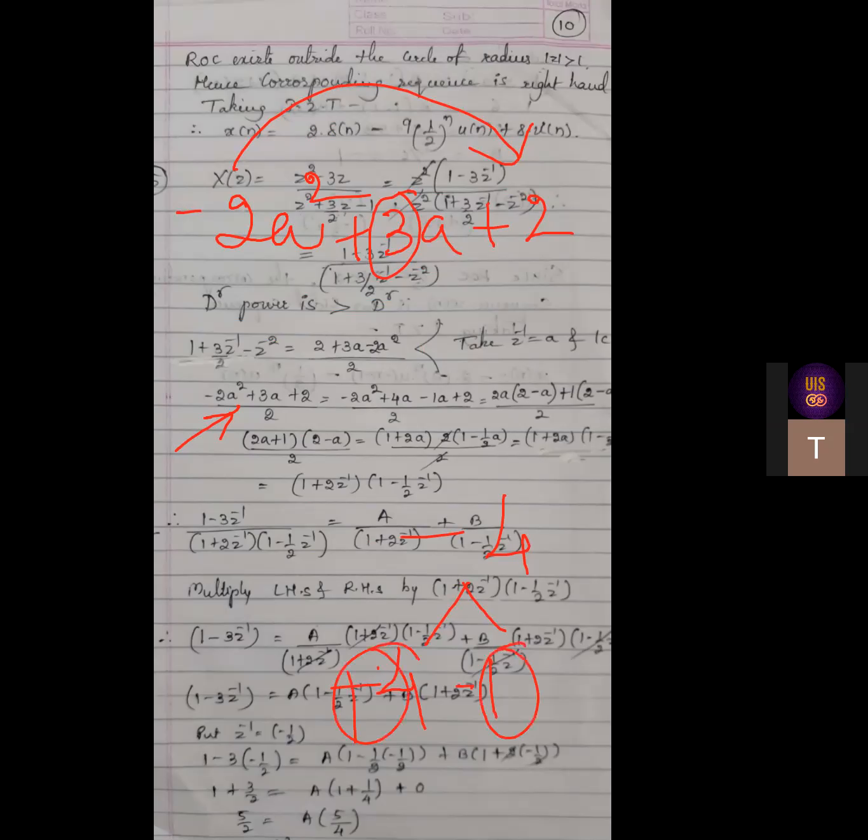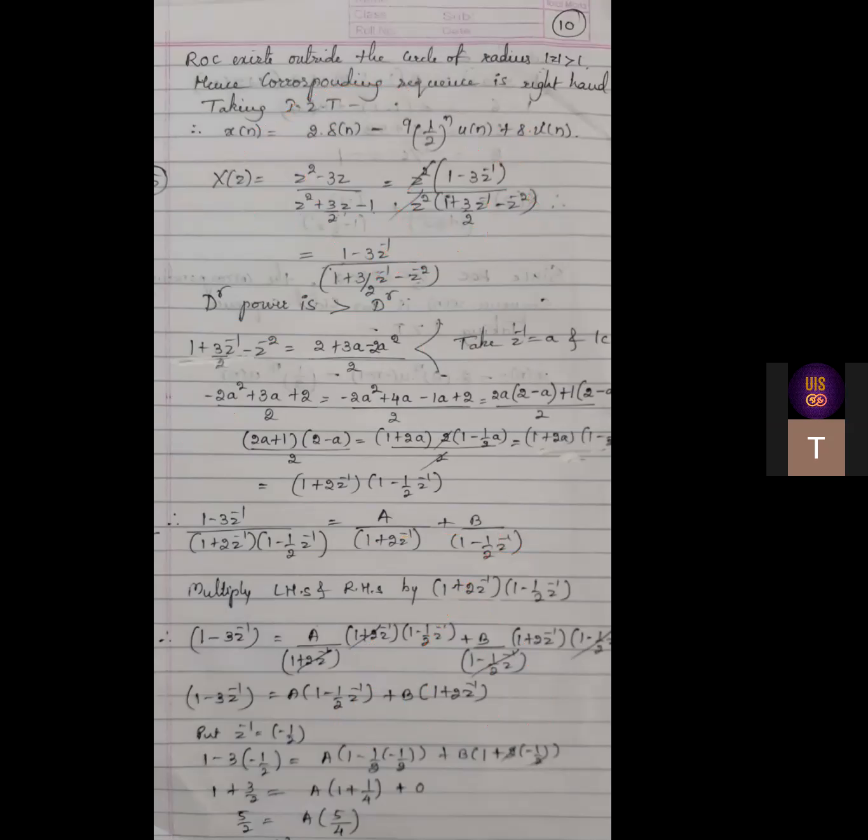4 ones are 4, that too negative: plus 4 into minus 1 becomes minus 4, and if I add plus 4 and minus 1, you will get plus 3. So these are the values, plus 4 and minus 1. Split it, and in the first two terms take 2A common, then in the next two terms take plus 1 common. If you simplify further, you will get the denominator in two factors like this. Anyhow, I am sharing these slides with you. Please try manually on paper to get these values, and check whether I have gone wrong anywhere.